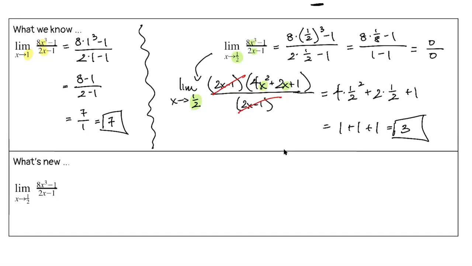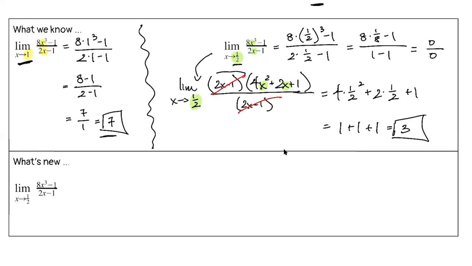So let's take a look at this first case. What this means is as x gets close to 1, the y value gets close to 7. Okay, so if you look at the graph, the point 1 comma 7 should be on the graph. Now on the flip side though, we don't want to see what happens as x gets close to 1. We're looking at what happens when you get close to 1/2. And it turns out that there's actually a hole in the graph there, okay?